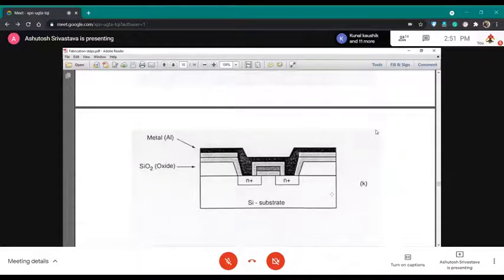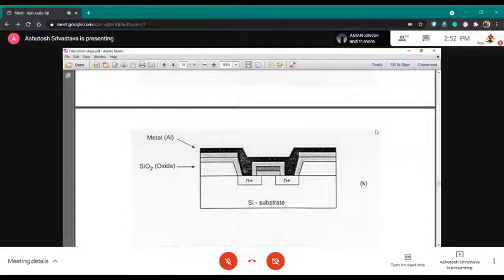So as I mentioned before, you need to do a metallization of your source and drain. So this is the next step that is followed. So metallization is deposition of the metal, here being aluminum,